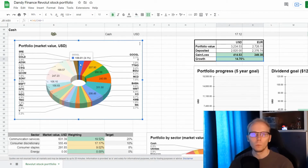So we have 3.1% of the portfolio invested in Google, 3.8% in AT&T, 6.4% in TTWO Interactive, 6.2% in Baidu, 7.5% in McDonald's, 9.6% in Alibaba, 6.4% in Walmart, 0.7% in Coca-Cola, 1.9% in Kimberly, 3.7% in Mastercard, 2.2% in Visa, 2.9% in Johnson & Johnson, 2.8% in Thermo Fisher Scientific, 1.3% in Vertex Pharmaceuticals, 1.4% in Lockheed Martin, 4.9%